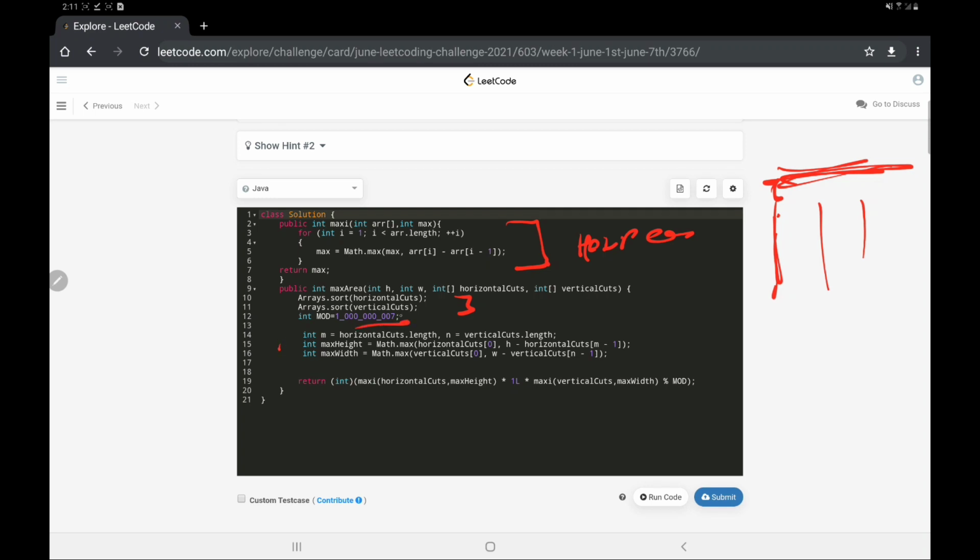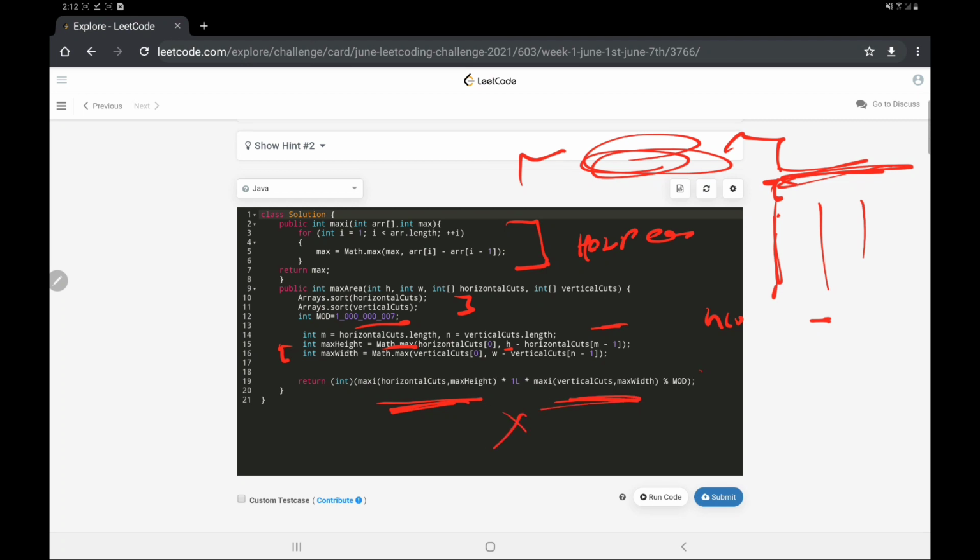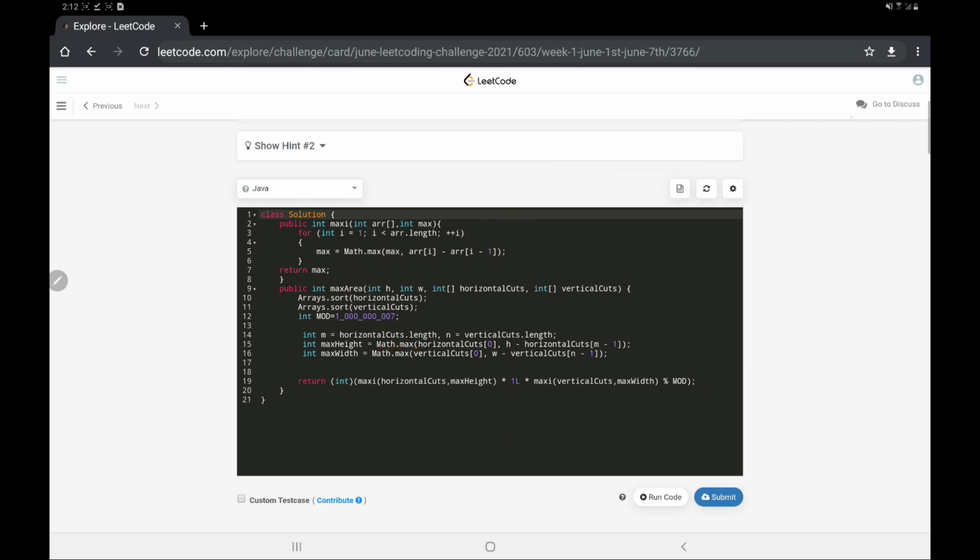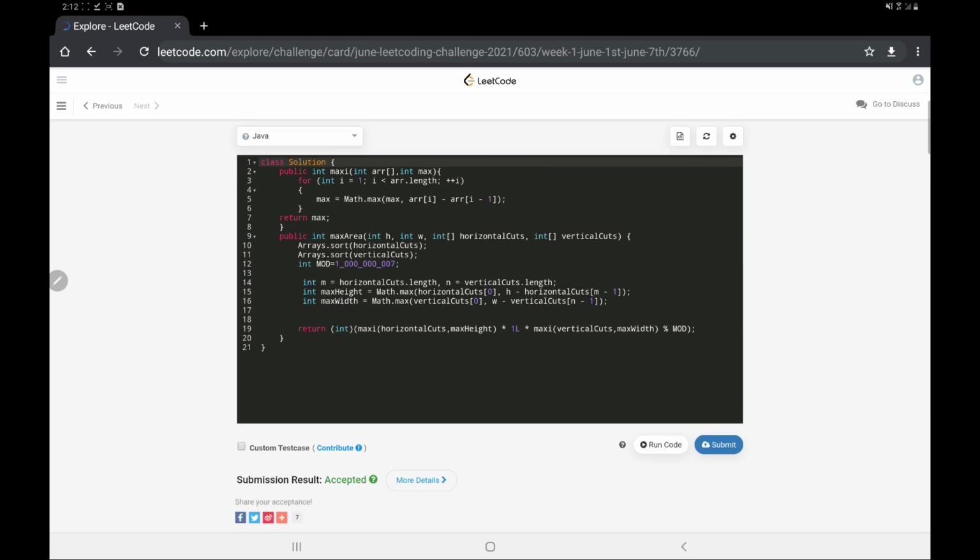After that we just get the maximum height and width for the initial values, that is the h0 value and the last value minus the height value, because it will give us the starting and ending gaps. After that we just have to search in between the cuts, that is in the array itself. So we will get the maximum of this and the maximum of this, and we will multiply them and take the modulo, that is length into breadth, the area of the rectangle, and we will calculate it. I hope the code is clear to everyone. Now let's submit it. As you can see, it's accepted.